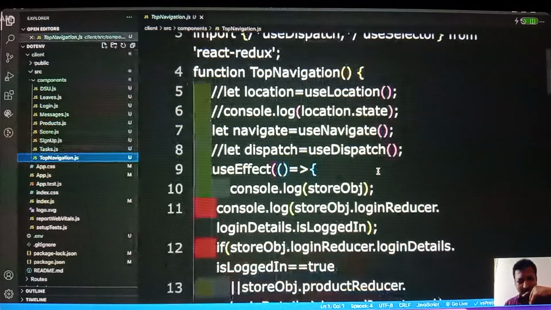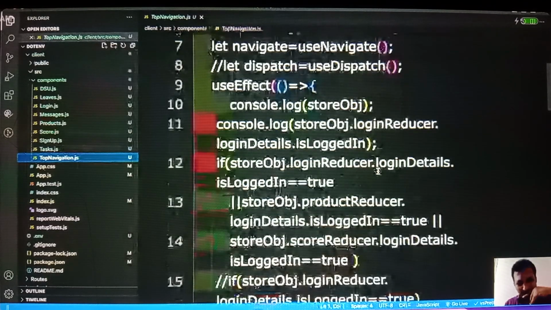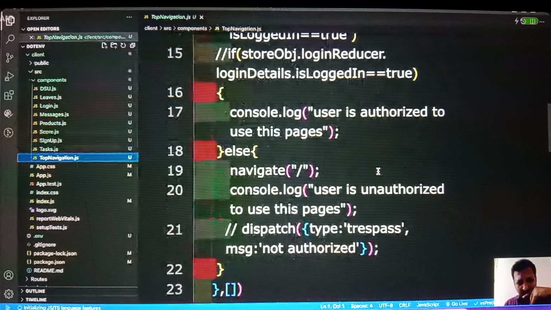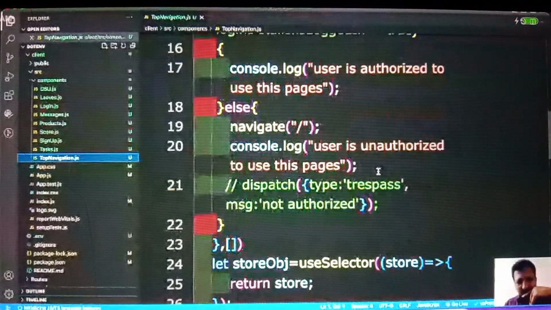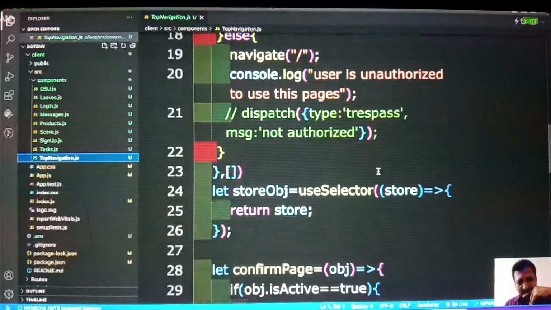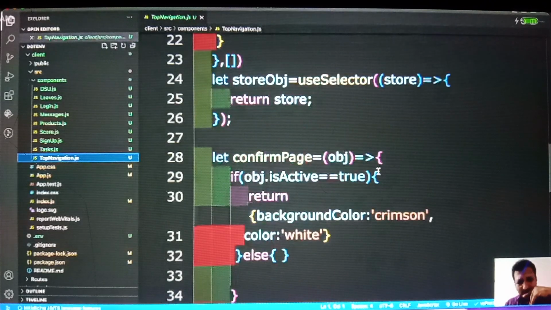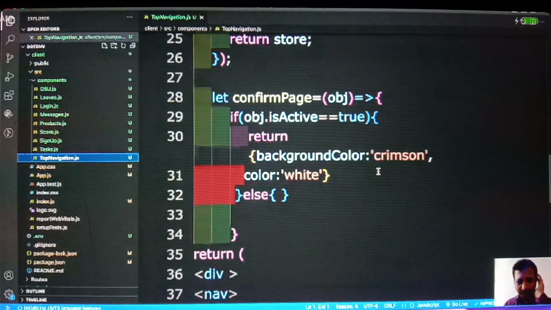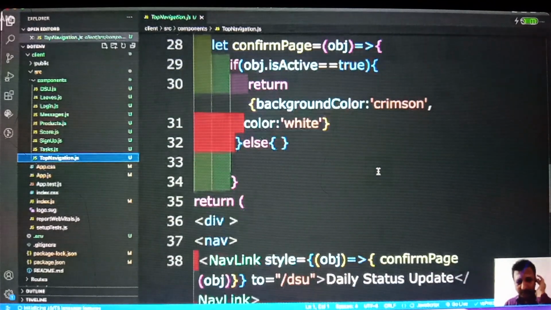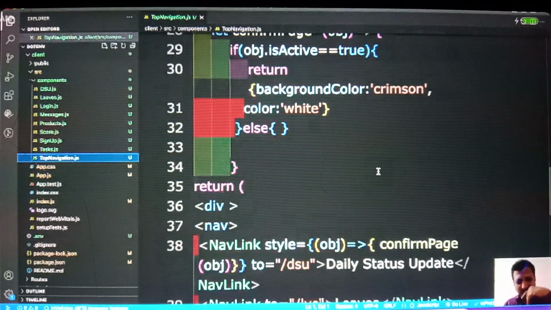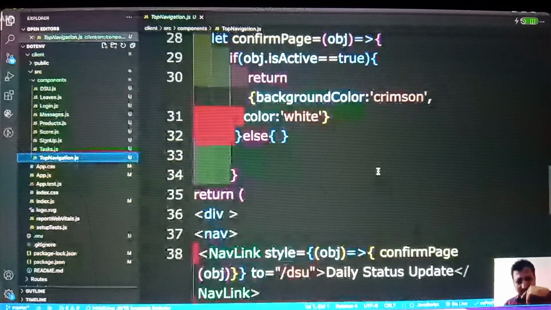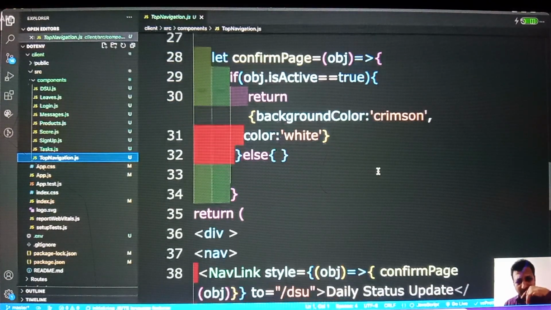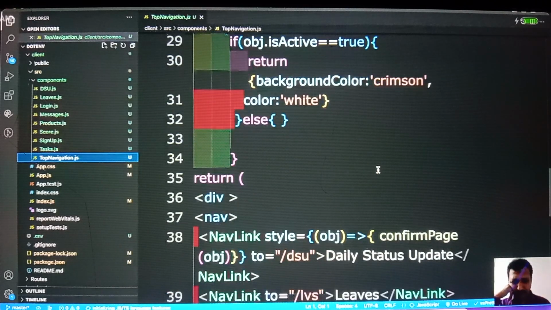Sir, here I have created a function, like confirm page, and in that I have passed the object as a parameter, and I tried to implement the CSS, but it is not showing any changes, sir. And I also tried to use refs. I used ref, but